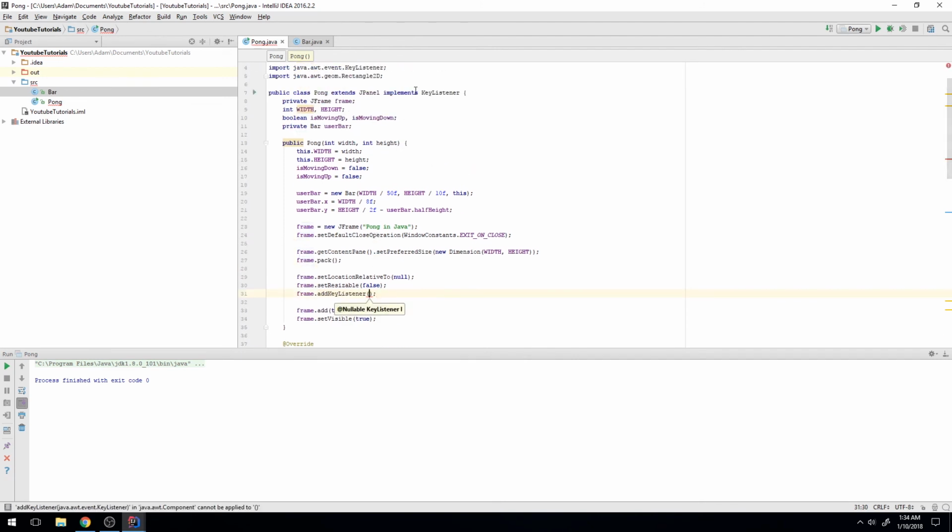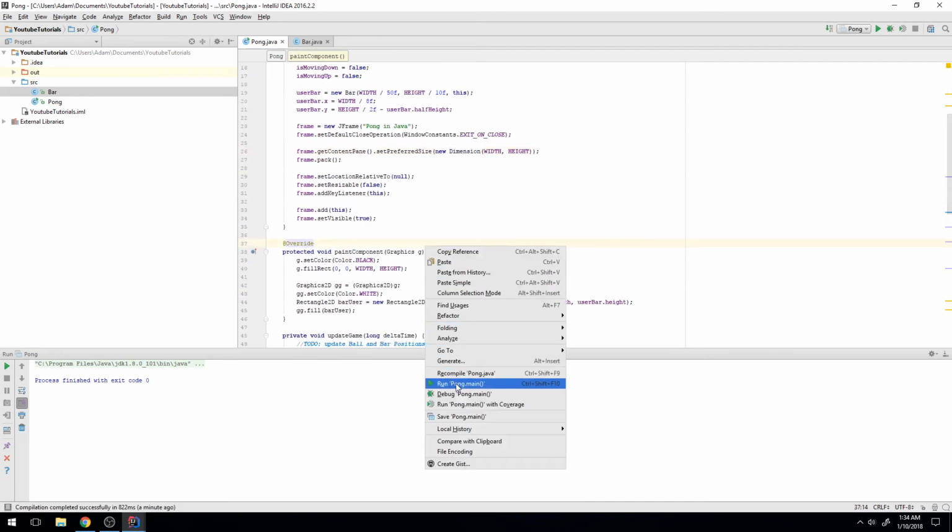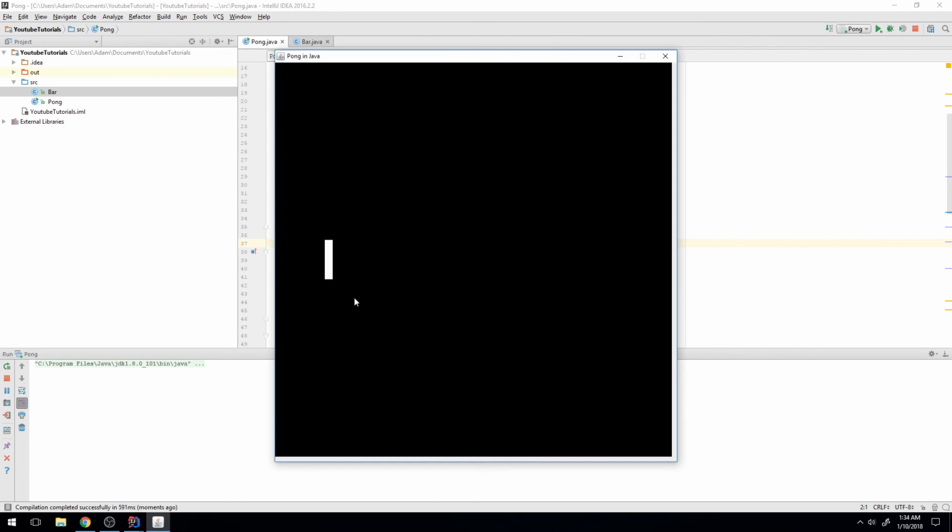Since we've implemented Pong as a KeyListener, we can just pass in this. Drum roll please, right click, run Pong.main,